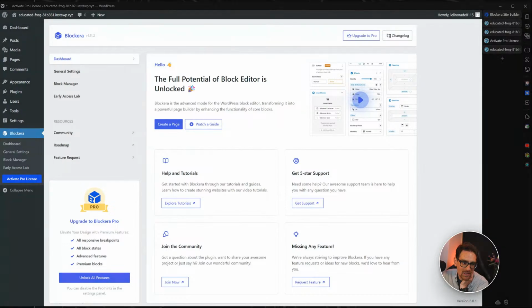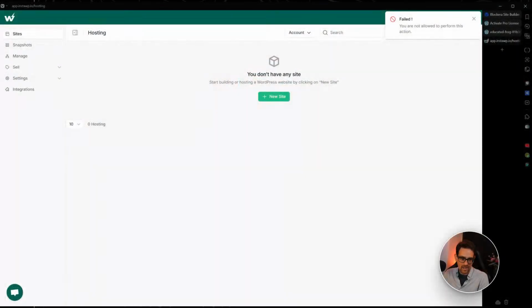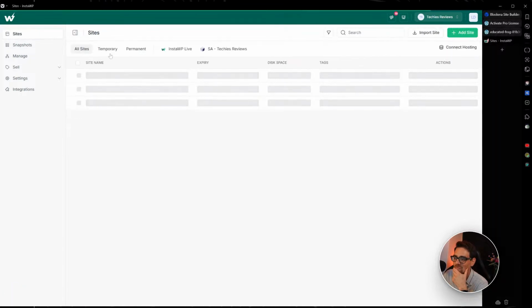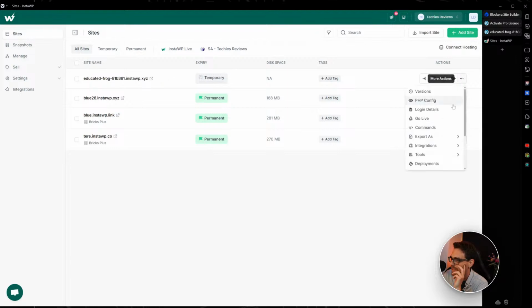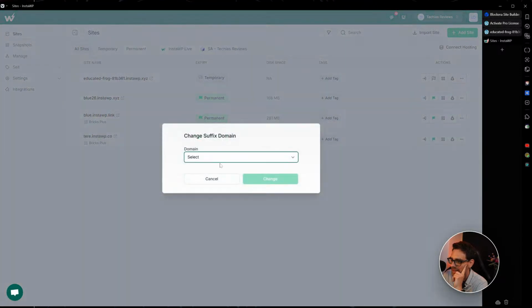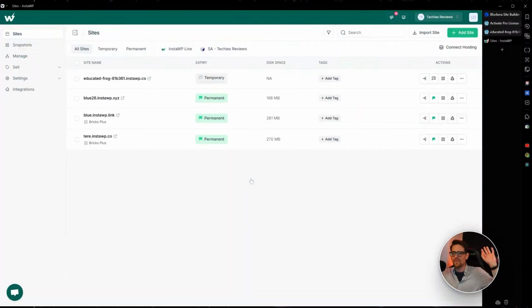Maybe I should switch to this one first, and then let's see if we go. So we close those. I go back to InstaWP. You can see it, by the way. It's not a big of an issue. Let's see if we go in here and we select this one. Maybe it has issues with the XYZ. I can't see, because I've seen